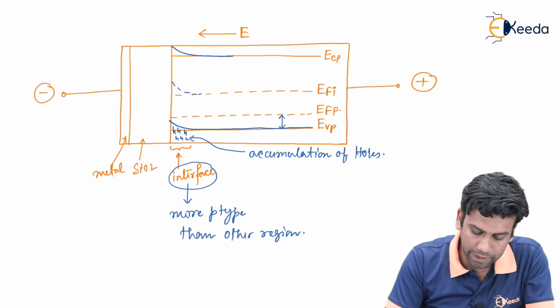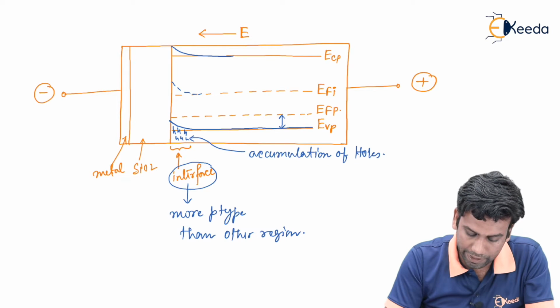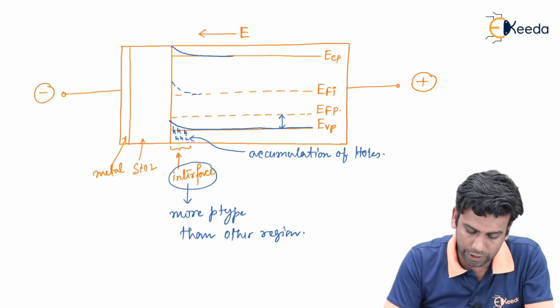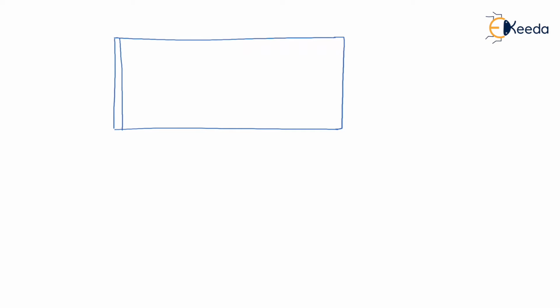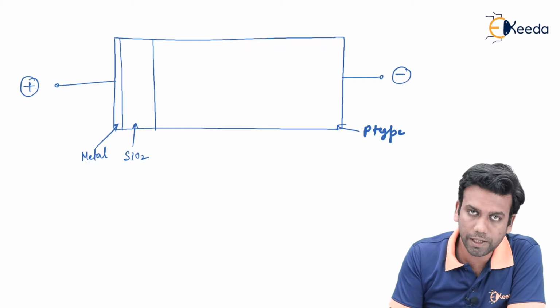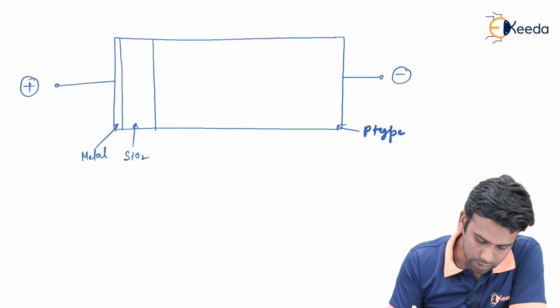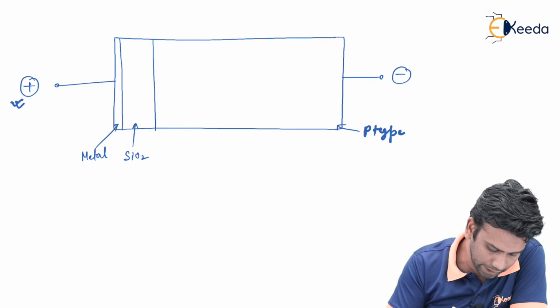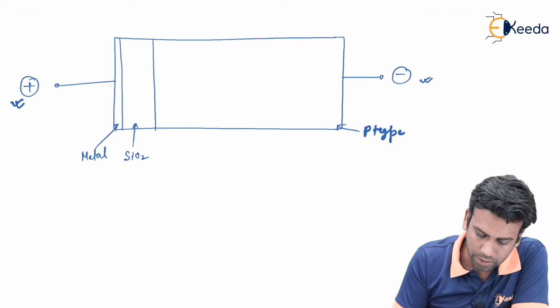Now we will inverse the external applied voltage and we will see what will happen if the external voltage is reversed. So let us reverse the external voltage. So after reversing the external potential in the MOS capacitor, the block diagram will look like this. Now we have applied a positive potential here and negative potential here. Hence